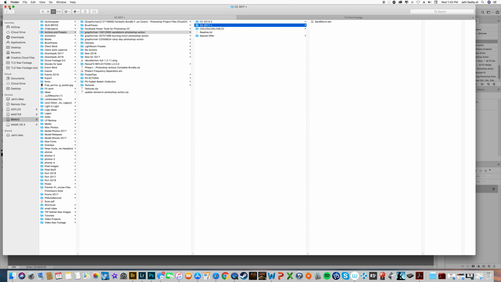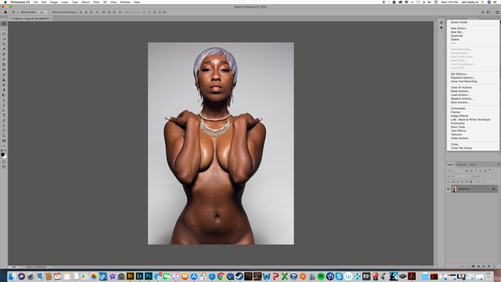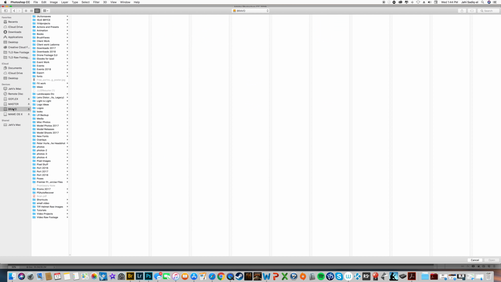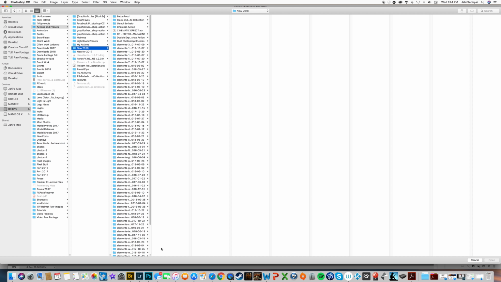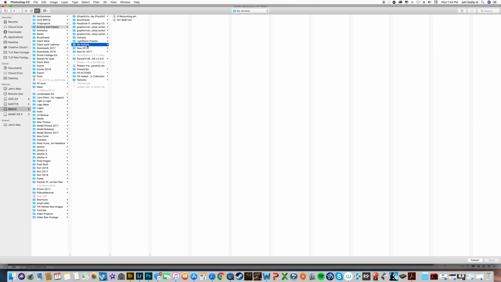Once you know where it is, you want to go to your actions folder, load actions. You want to locate the same action on your system. I have a lot, but you get the idea. Once you find the action and you know exactly where it is,